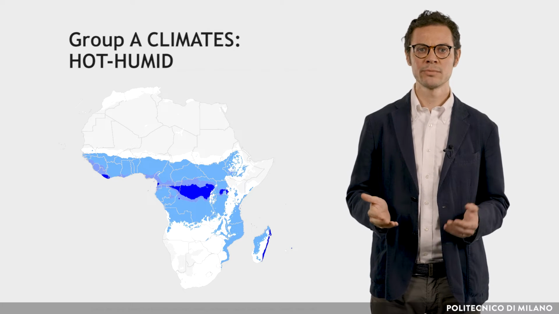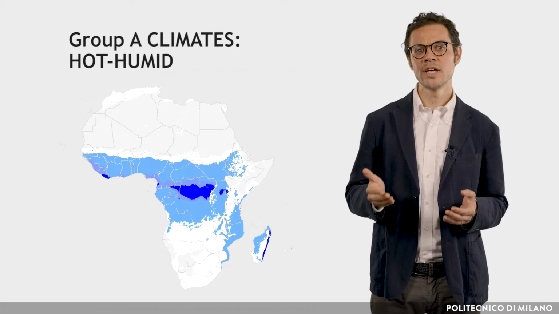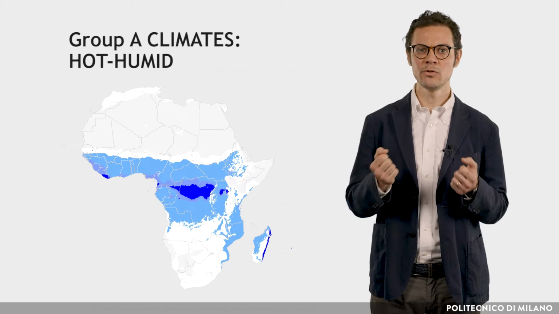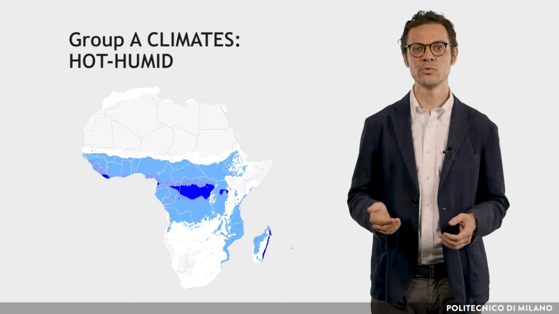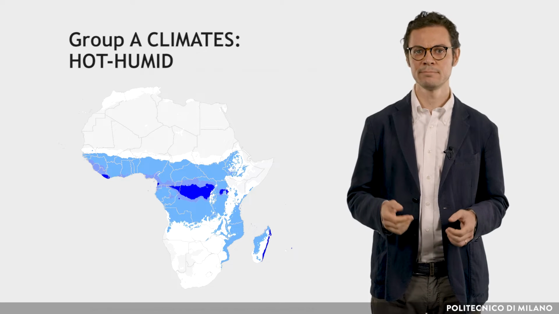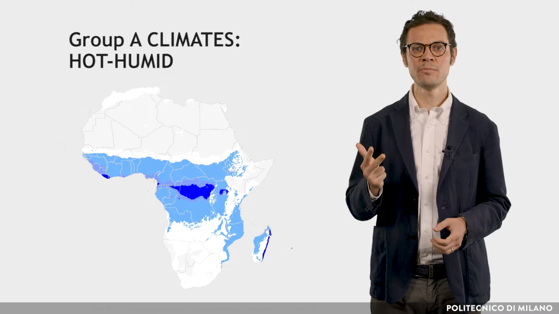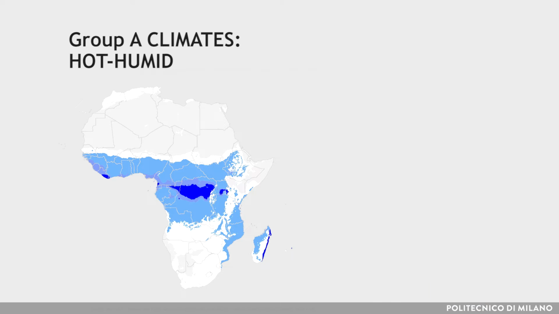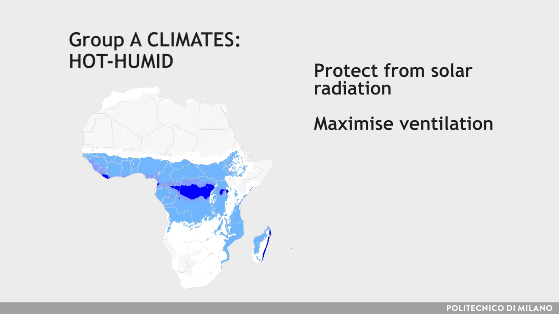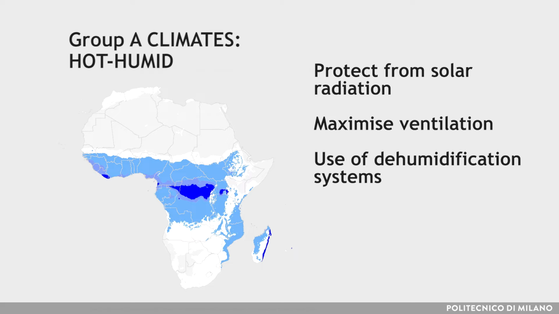Because of the temperature and the humidity, the most that can be done is to keep indoor comfort conditions similar to those outside in the shade. To achieve this, three main provisions should be made: protect from solar radiation, maximize ventilation, and use of humidification